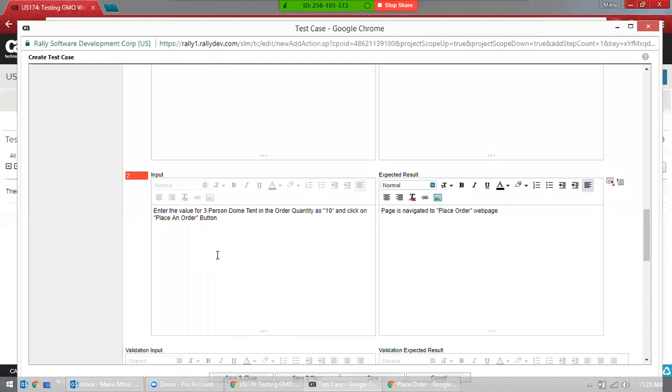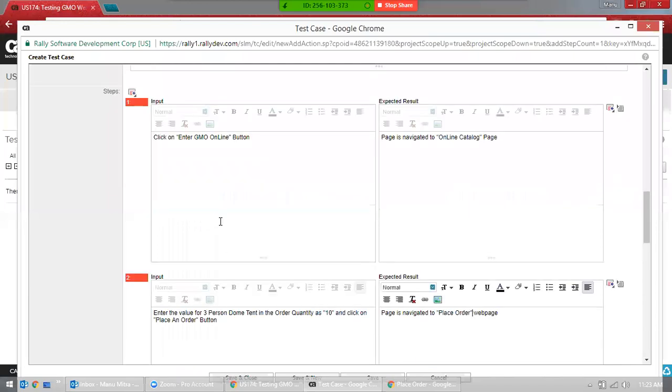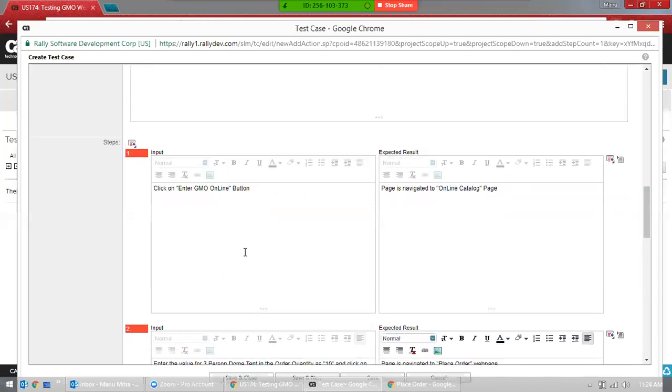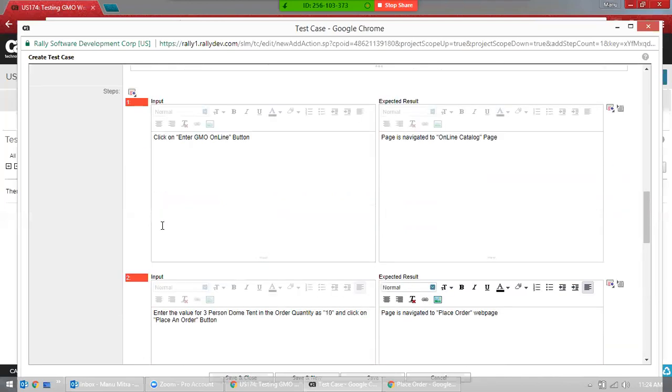Now I need to write the third step. Now this is my first step, second step. Actually, I thought this was the first, but that's fine. Whenever you want to start, you want to start from somewhere, right? So you use this one. Now again, I want to add one more step. Go ahead and click on this. Now click on 1 again.